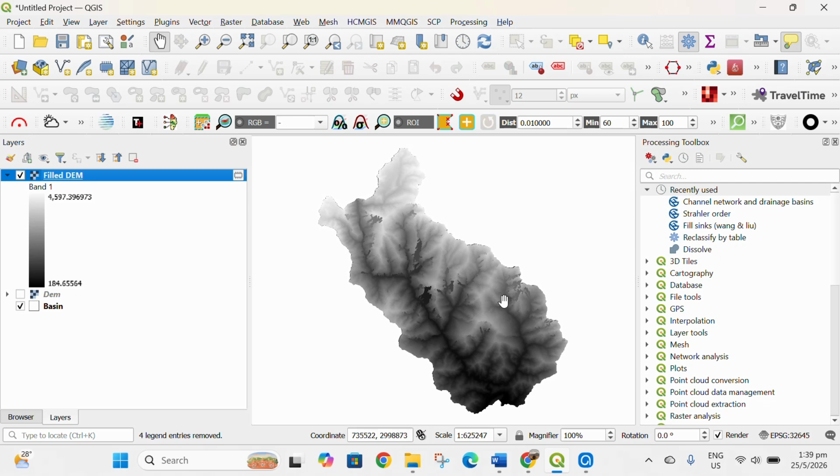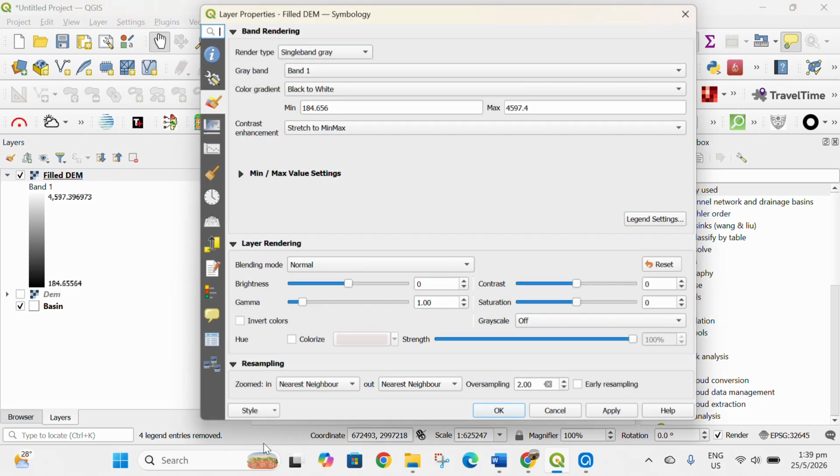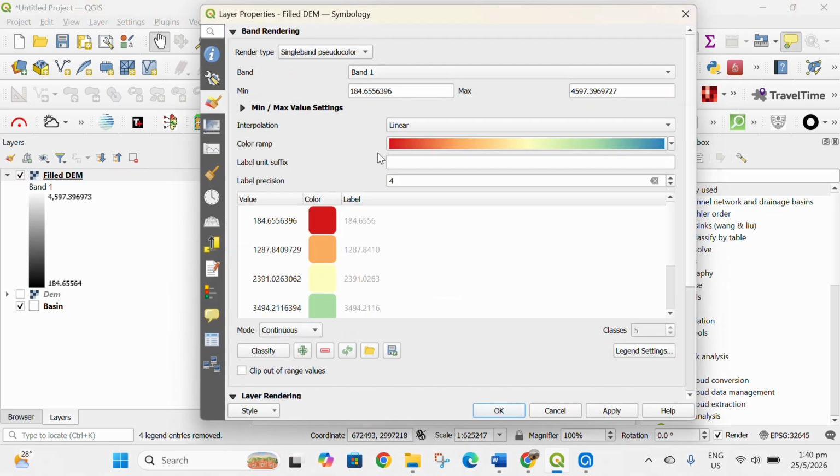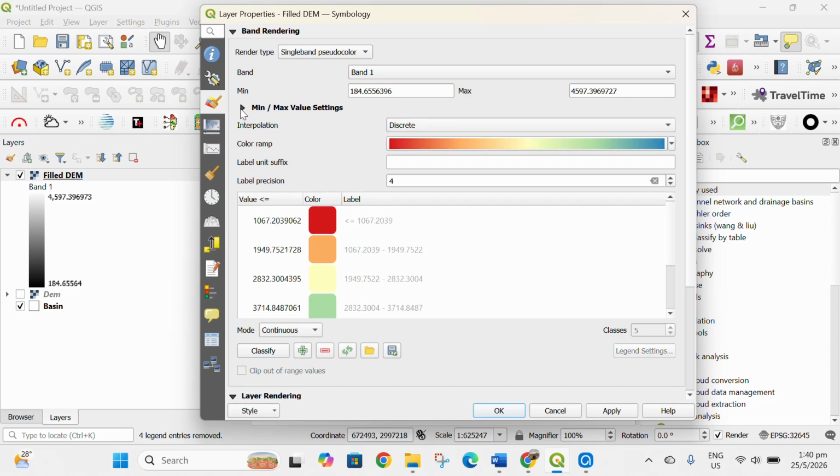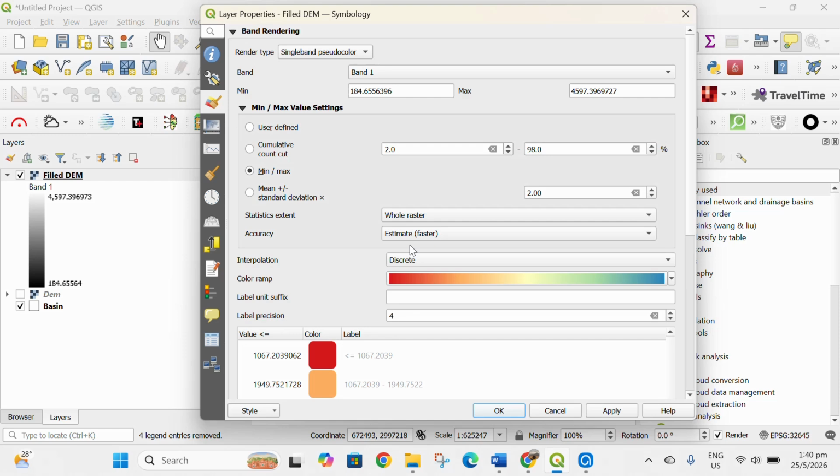Then you will run fill DEM on your DEM of the study area. Then right click and go to properties. Out here, render type, you will select single band pseudo color and then interpolation as discrete. Expand minimum maximum value settings, and then out here in accuracy select actual slower,